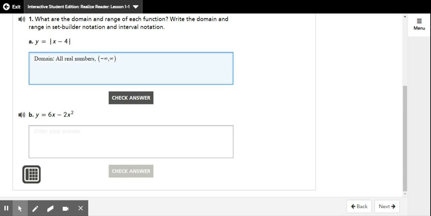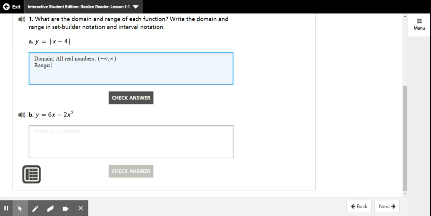For the range, again, we're talking about the y values. So I'm going to go look back at the graph. The range, right? It starts at the bottom, which is 0, right? That's the lowest it goes, and then it goes up. It does include 0, right? So